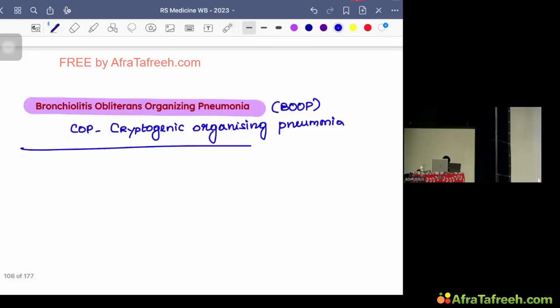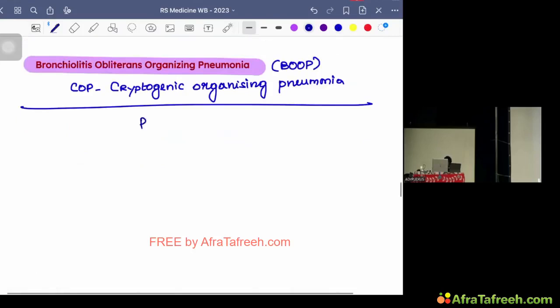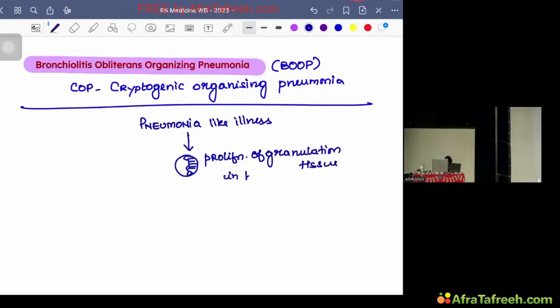The patient will present with a pneumonia-like illness, where, if you take the lumen of the airway, there is going to be proliferation of granulation tissue in the bronchioles. This is followed by